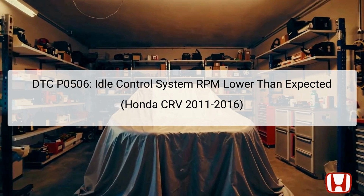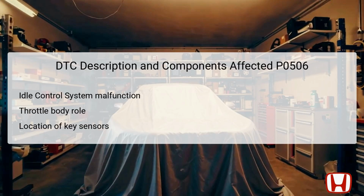Our goal is to systematically troubleshoot this error code, starting from the initial verification processes to more detailed inspections and repairs. The DTC P0506 highlights a malfunction within the idle control system, primarily indicating that the RPM at idle is sustaining lower readings than expected. The throttle body is a critical component in this system, as it regulates the airflow into the engine,